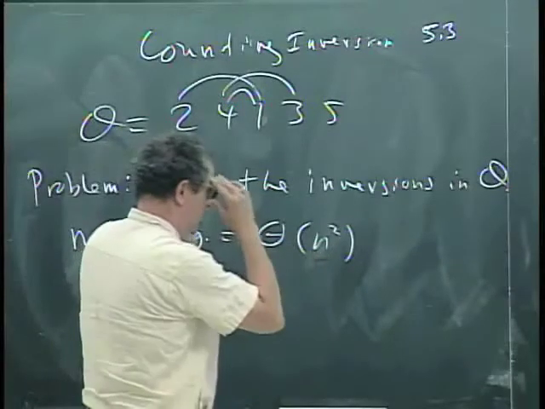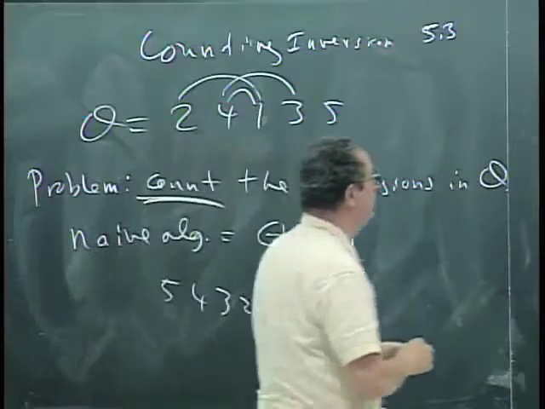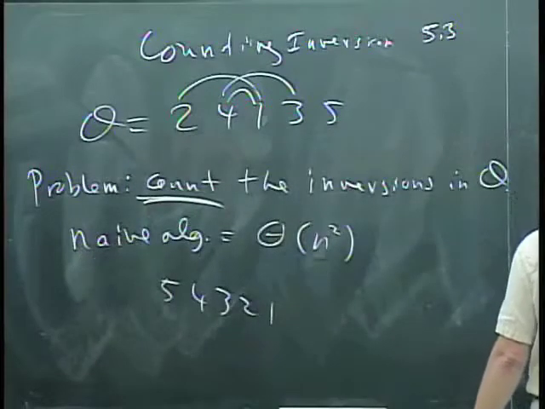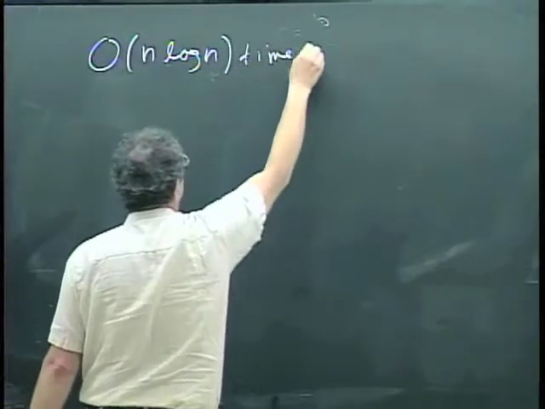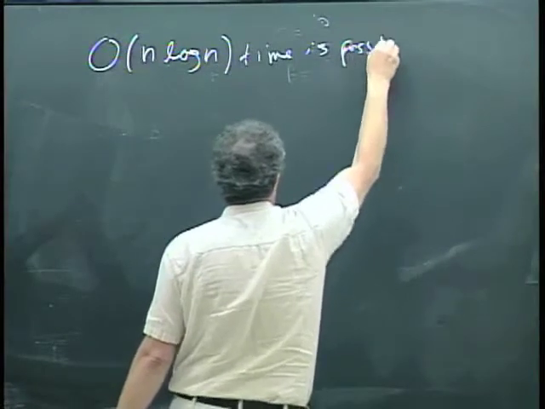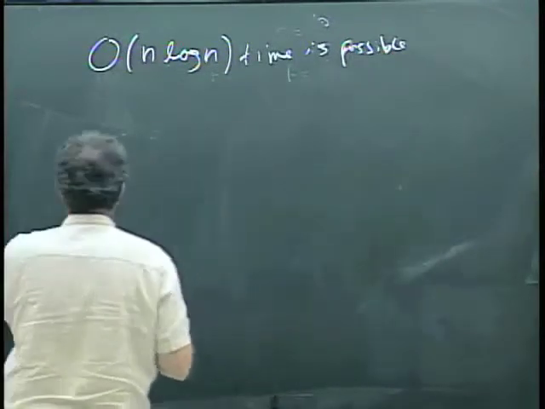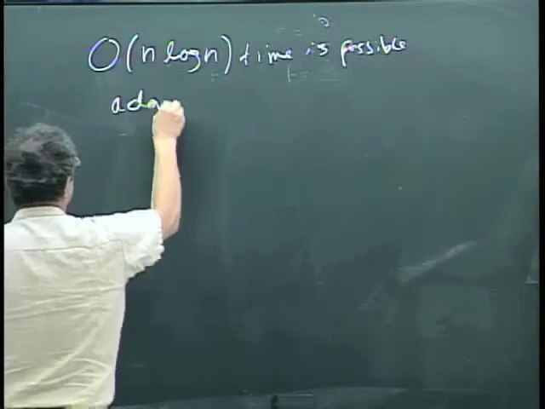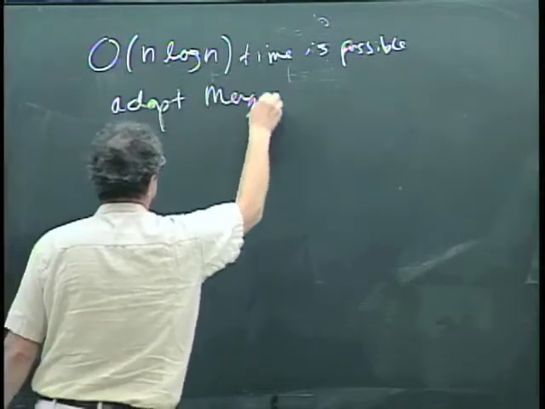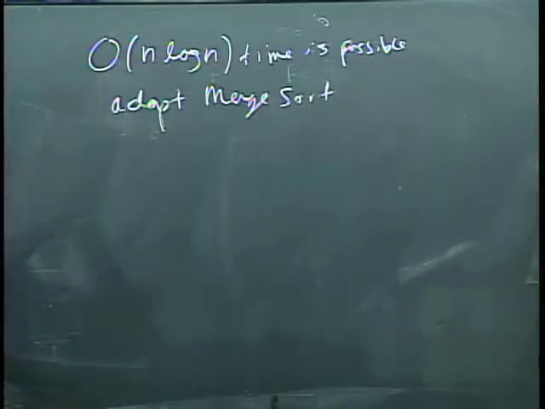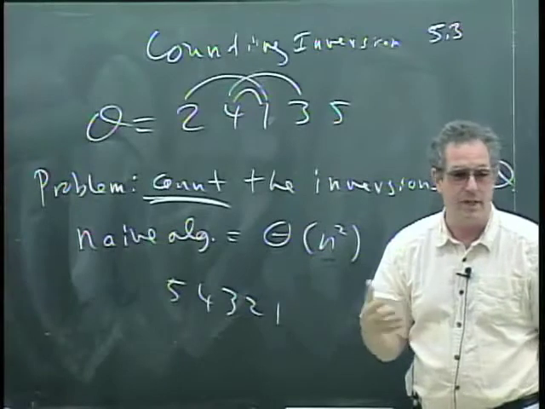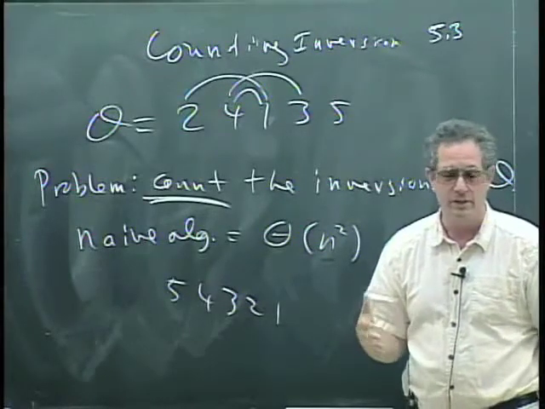So let's do it. It's going to be an adaptation. So n log n is possible. And the way we're going to do this is we're going to adapt merge sort. So we're going to effectively do a sorting of this list by using merge sort, but we're going to make some changes so that along the way we'll be able to count the number of inversions that are implied